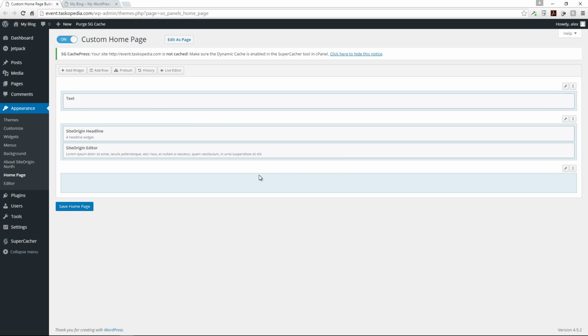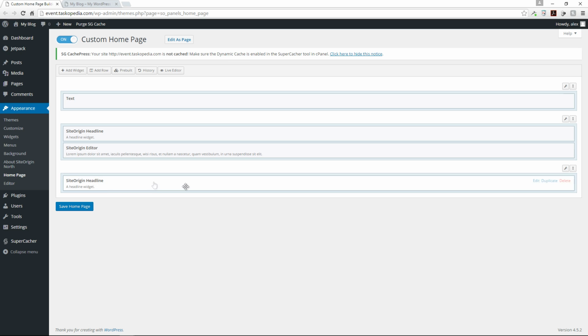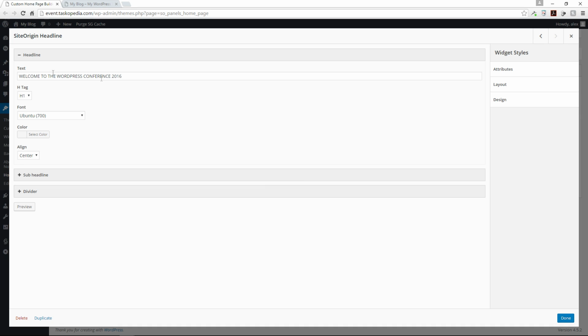Another thing we can do is duplicate widgets. So rather than me creating a whole new SiteOrigin headline widget, I can just duplicate the one that we already have over here. I can do that by simply clicking the duplicate button, which I'm going to click now. Once I've duplicated it, I'm just going to drag this headline widget down to a new row. Then all I have to do now is change the text that we have here to our instructors. Let's make that all capital letters. Our instructors,